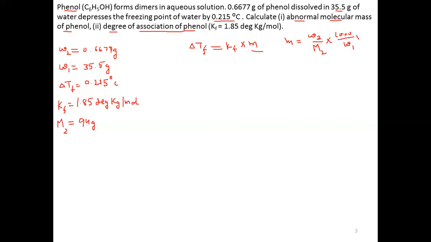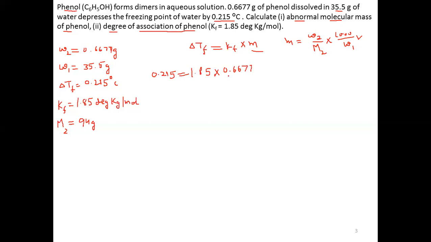So this is the formula for molality. So we will now put the values here. Delta TF is 0.215. This is equal to, what is Kf? Kf is 1.85 into molality. Molality is weight of solute is given 0.6677 gram,